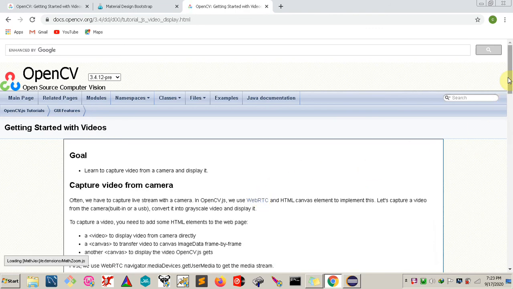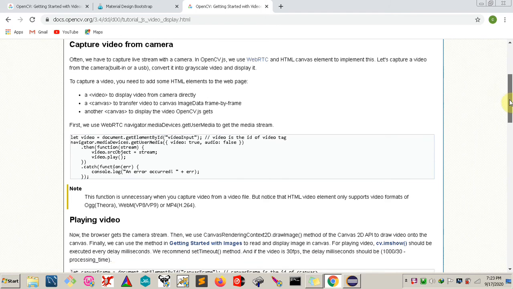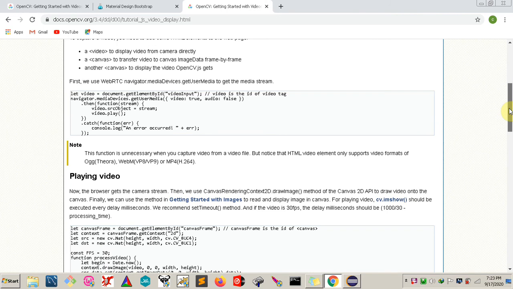So here they are saying that the goal of this tutorial is to capture video from a camera and display it. So firstly we need WebRTC navigator.mediaDevices.getUserMedia to get the media stream. So the piece of code that will help us with that is this piece of code. So copy it